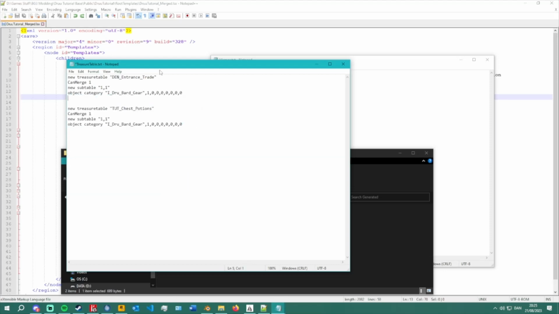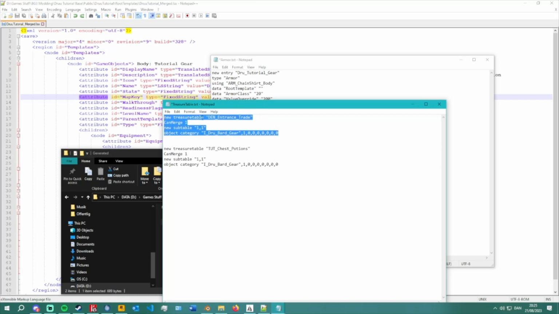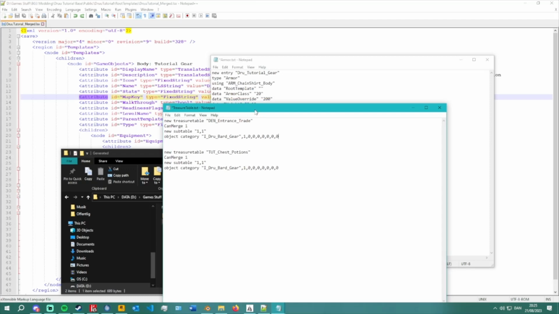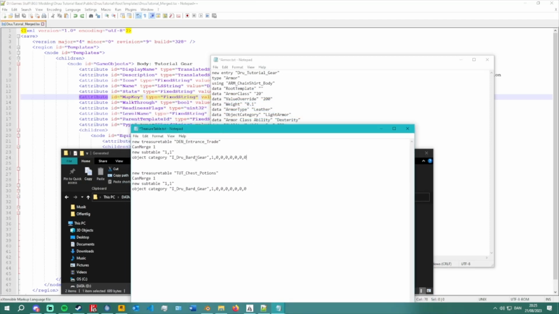All right, same concept again. This is the treasure table.txt. This is what adds it to different loot chests. So for example, entrance trade, that's the trader in the druid den. You would change this tutorial to this: tutorial chest potions. This is a chest you find early on in the game on the ship, and you can very easily